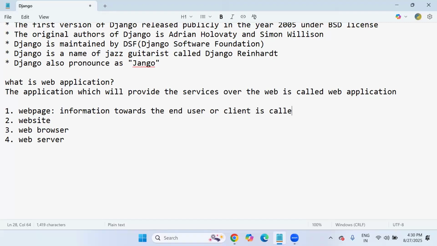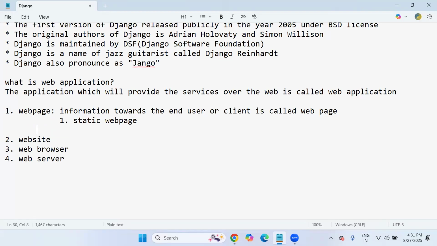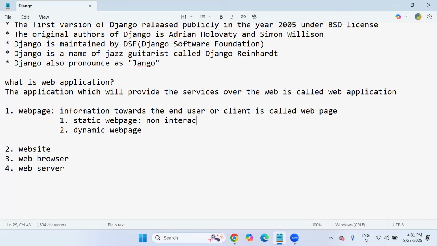But make sure that web pages can generally be of two types. One is the static web page, and the next one is the dynamic web page. What is the meaning of static web page and dynamic web page? We'll try to understand, very simple. A static web page means a non-interaction page.